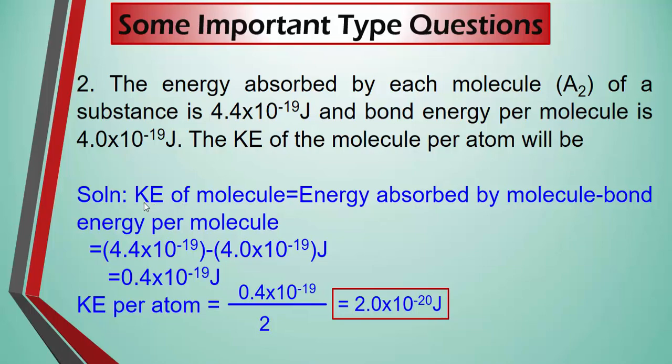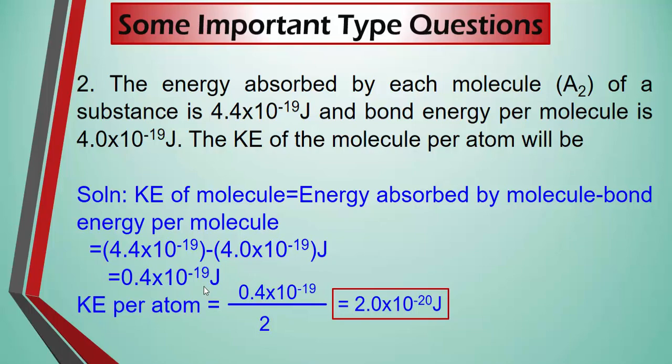So the energy absorbed by the molecule is given to us as 4.4 into 10 to the power minus 19 joule, minus bond energy per molecule, that is 4.0 into 10 to the power minus 19 joule. When you take the difference, it will be 0.4 into 10 to the power minus 19